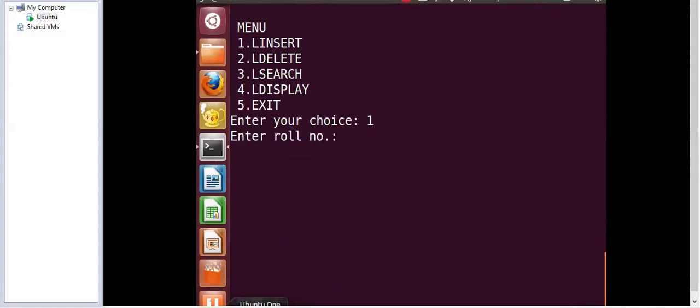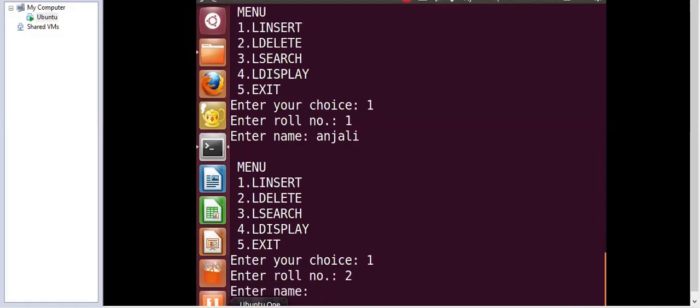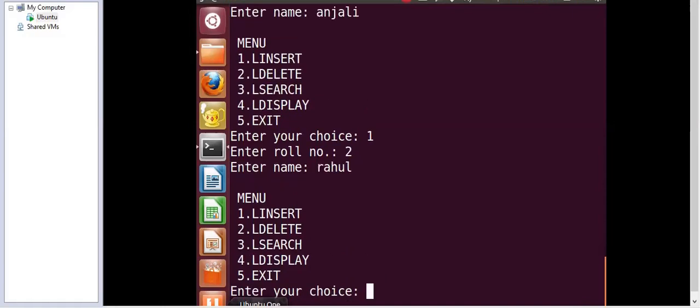So we have inserted the first node with roll number 1 and the name as Anjali. Then the user wants to insert one more node. So we perform insert again. This time the roll number is 2 and the name we inserted was Rahul.